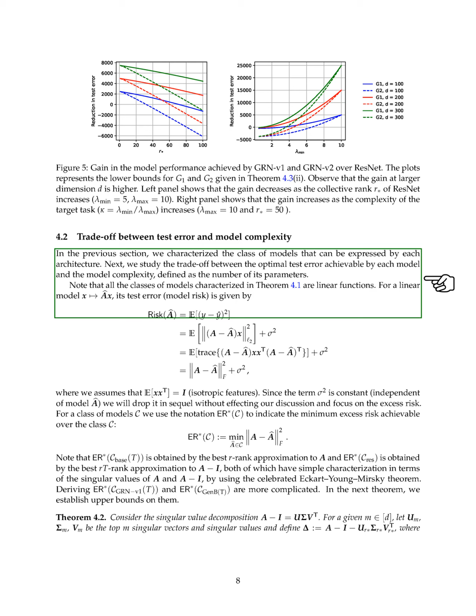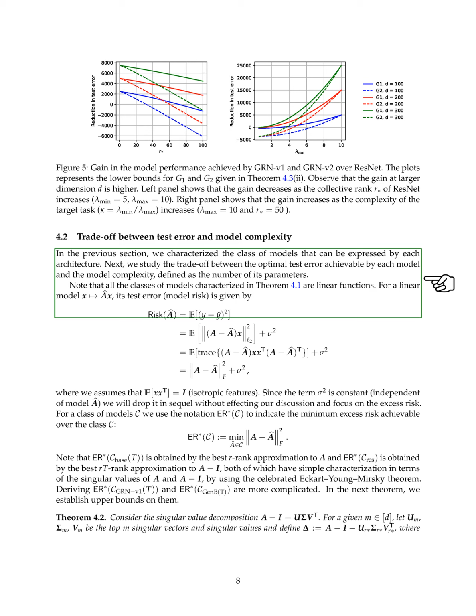We denote the minimum excess risk for a class of models C as the smallest difference between the true model A and the approximated model A hat, measured in terms of the Frobenius norm. The best excess risk for a basic model class is achieved through the best R-rank approximation of A, while for a residual model class, it comes from the best RT-rank approximation of A minus the identity matrix. Both of these can be easily characterized using the singular values of A and A minus the identity,